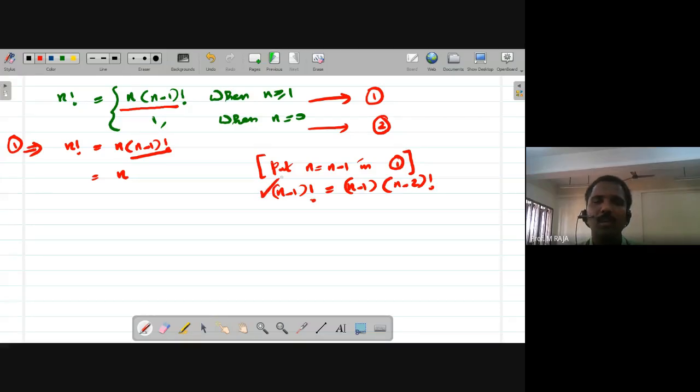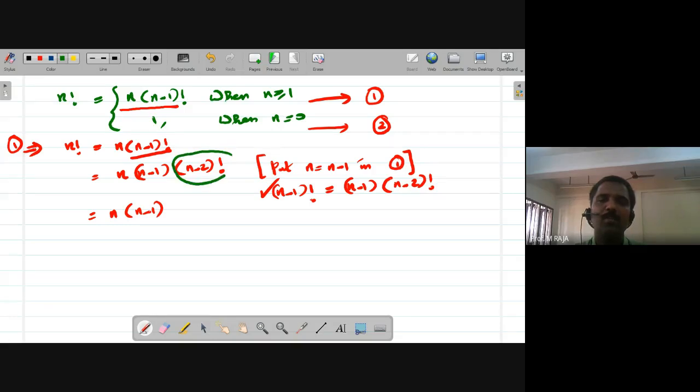So clearly, substituting the right hand side of this one, here we have n into n minus 1 into n minus 2 factorial. Extending the recursion one more stage to find n minus 2 factorial